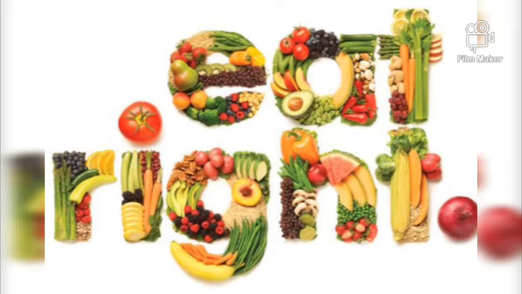Energy giving foods are carbohydrates and fats. For example, rice, wheat, potato, banana and sugar, and fats are ghee and oil. And second is bodybuilding food. The major nutrients in bodybuilding foods are proteins, animal proteins and plant proteins. Animal proteins like milk, meat, mutton, chicken, fish, egg white. And plant proteins, pulses like gram, soybean and peas.